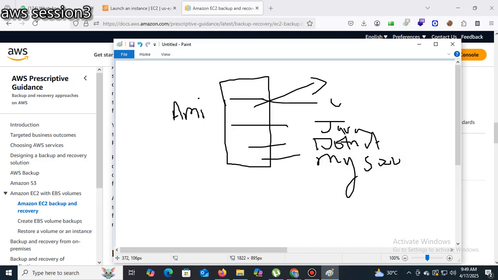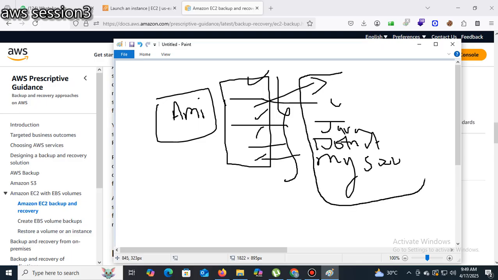Then I added all these things to this instance. A general AMI doesn't have anything, only a pure operating system with some default options. Then I added some custom options.